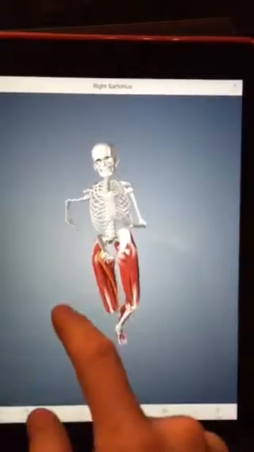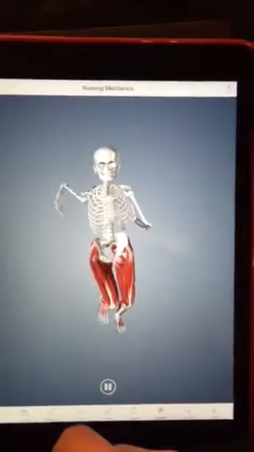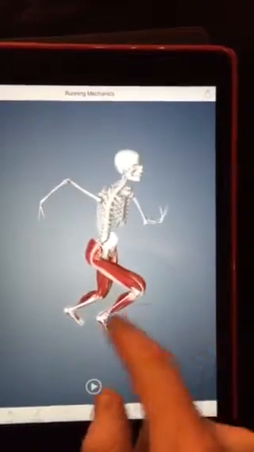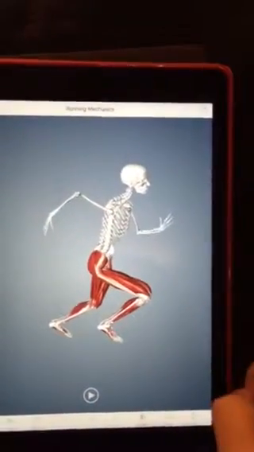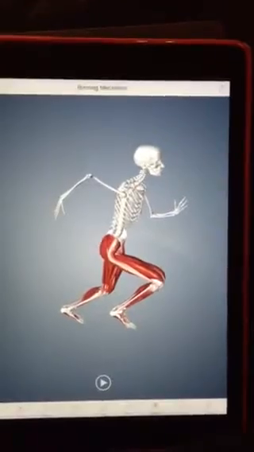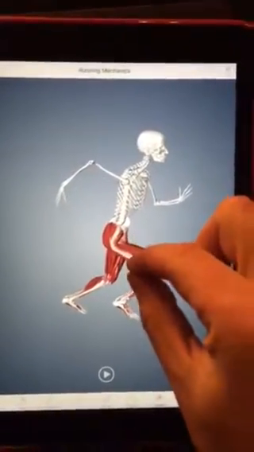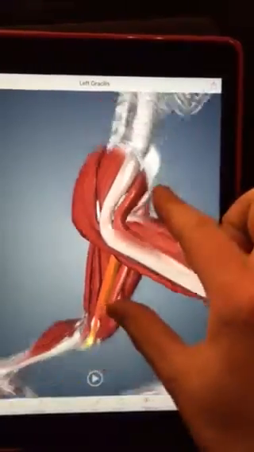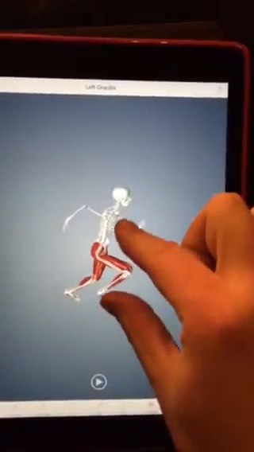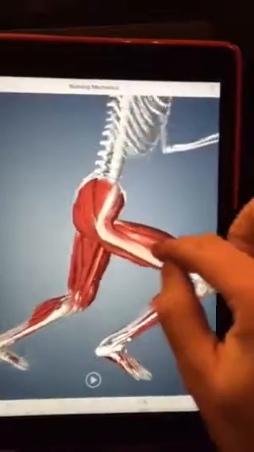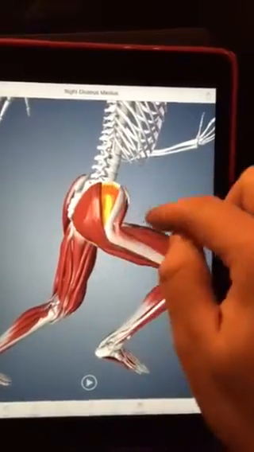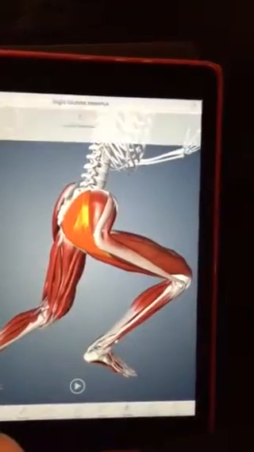You can deselect it by just tapping off to the side. I'm going to pause this for now. So say you wanted to really zoom in on an aspect of the muscles. Simply use 2 fingers and enlarge the screen. You can do the same and make it smaller. And then while you're in here, you can easily select certain muscle groups, and all of these have different information